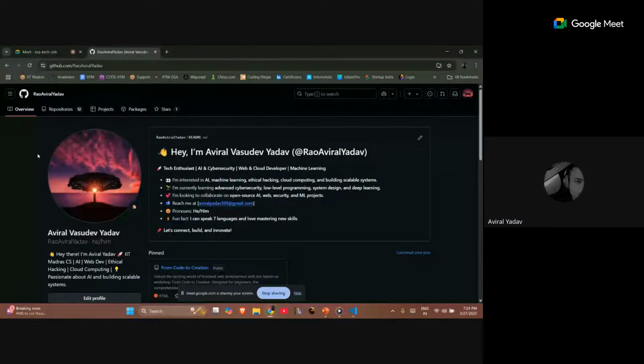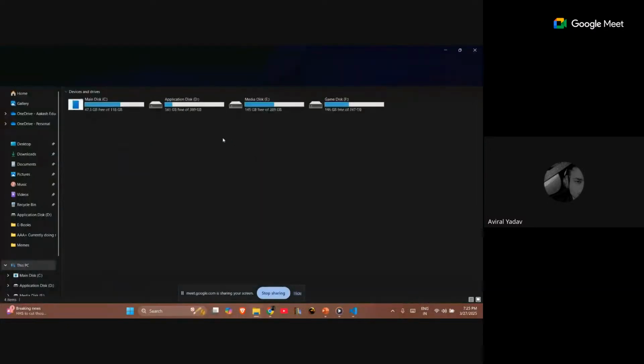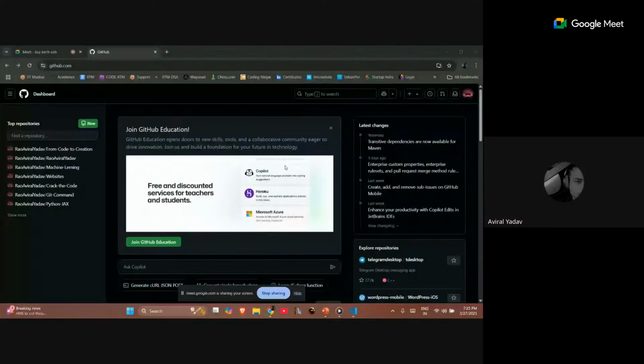Okay, guys. So let me just do it again. As you go to github.com and you have created an account on GitHub, on this side will come all your repositories that you have created. Repositories are equivalent to folders. Like in the file manager, if I just open a file manager, you can see that there are multiple folders here. A term in GitHub is coined for these folders, which is called repositories or repo. Repo is a short form of repository that we use in GitHub.